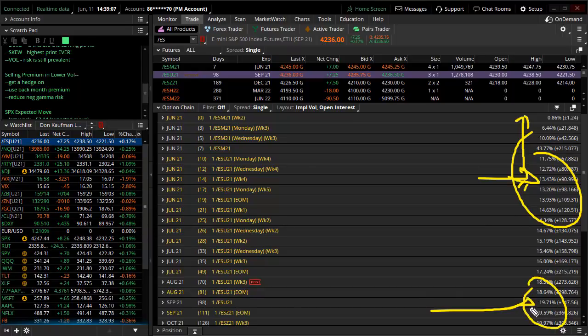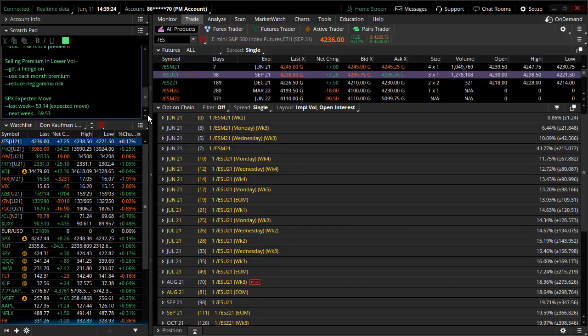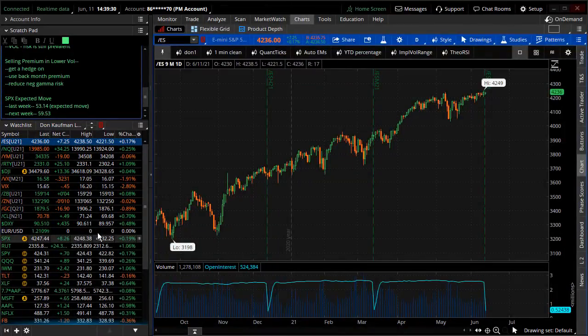The back month options out here are all trading like 20, 30% implied volatility. And when you start going out of the money, it's 40% implied volatility. These, they're not going to budge. The implied volatility in them is not going to budge. So it's a relatively safe way to go out there and sell some premium in what is a lower implied volatility climate. With that, last but definitely not least, on this week's update, expected move in the SPX.